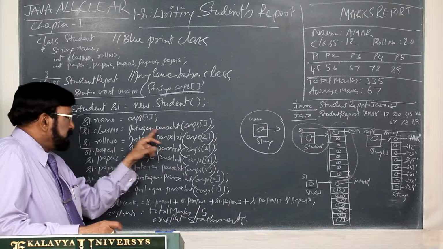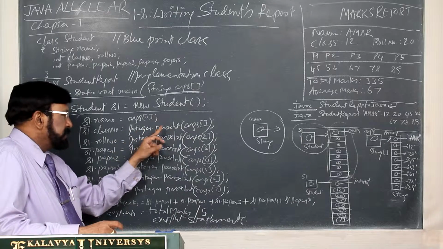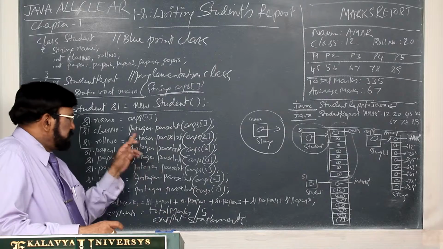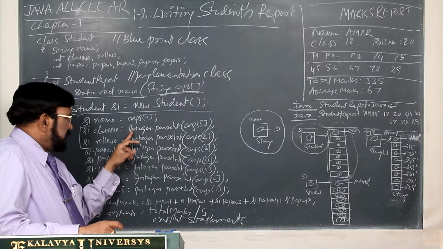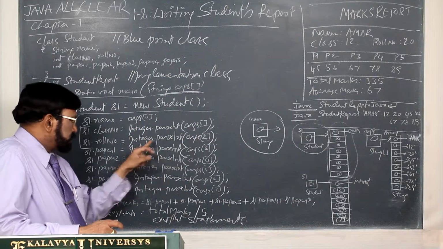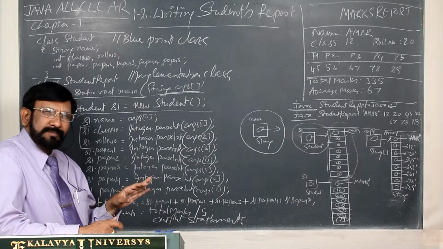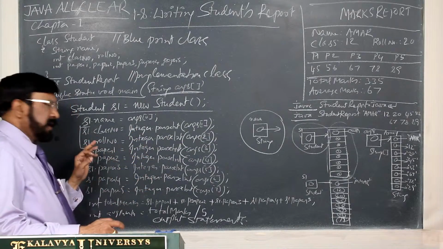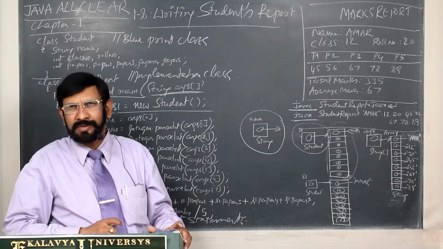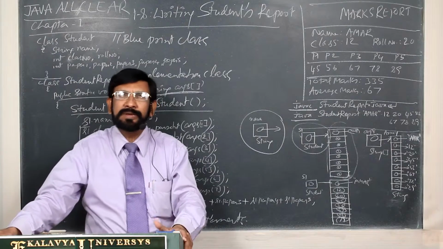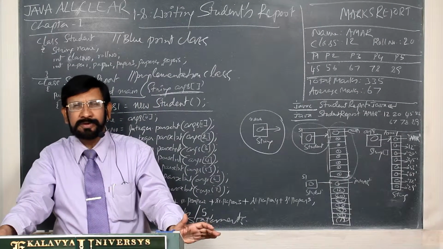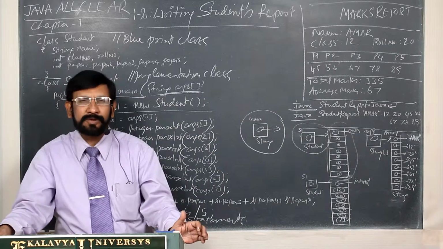That's why we are parsing: Integer.parseInt(args1), Integer.parseInt(args2). Otherwise, if you simply write args1 here and args2 here, no error will come, but that is not apt. Always follow good programming practices. Your behavior should not be odd. What I mean to say is, follow acceptable behaviors, then you become a good programmer.